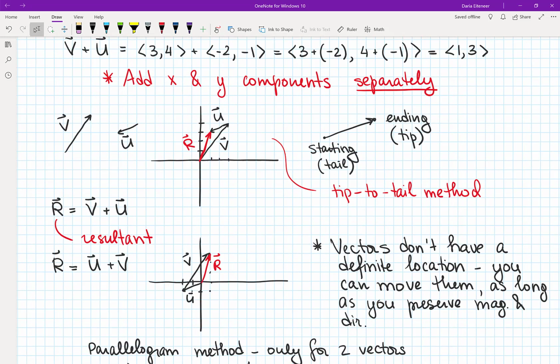And of course, it doesn't matter which of these graphical representations you use, the graphical result has to agree with the algebraic calculation that you see at the very top. So in principle, you should be able to do either or, but it's good to do both and then compare them. Okay,